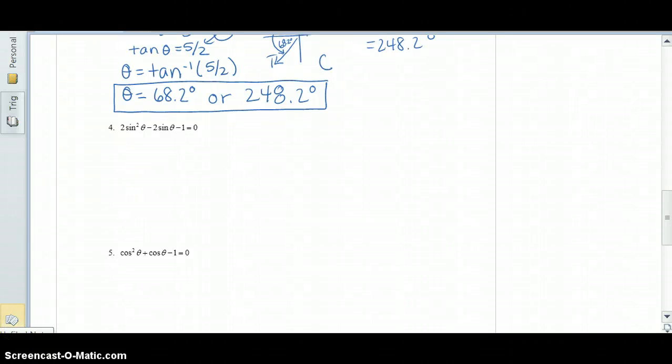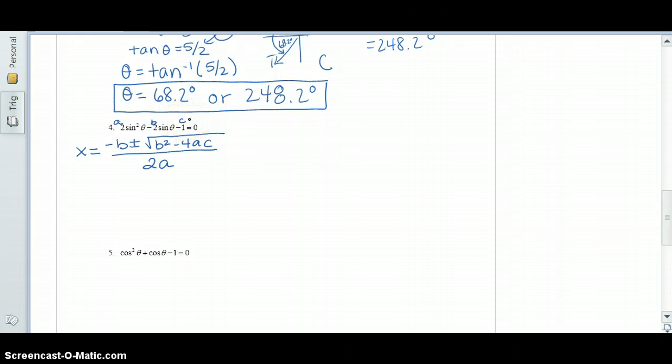All right, before we do problem number 4, you guys first need to recall the quadratic formula, which says that x is equal to the opposite of b plus or minus the square root of b squared minus 4ac all over 2 times a. So in this problem, a is equal to 2, b is equal to negative 2,